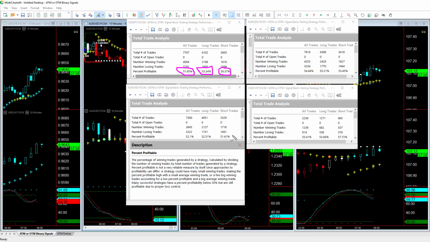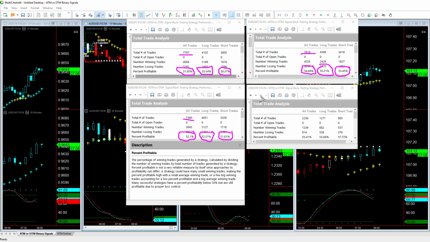Then on the Aussie dollar, you have 51% on the short trades, 52% on the long trades, overall 52% for all trades. And you can see the number of trades is 7,707. On the euro dollar, it's 7,800 trades, 53% on the shorts, 55% on the longs. Overall is